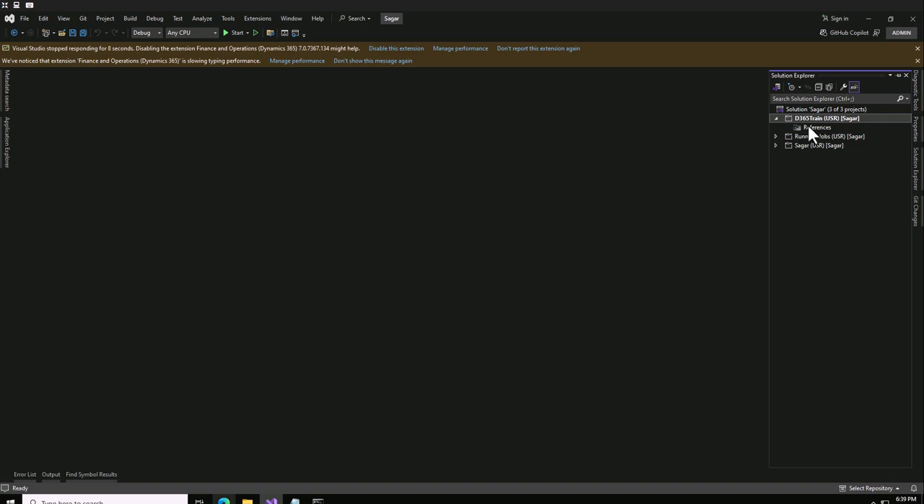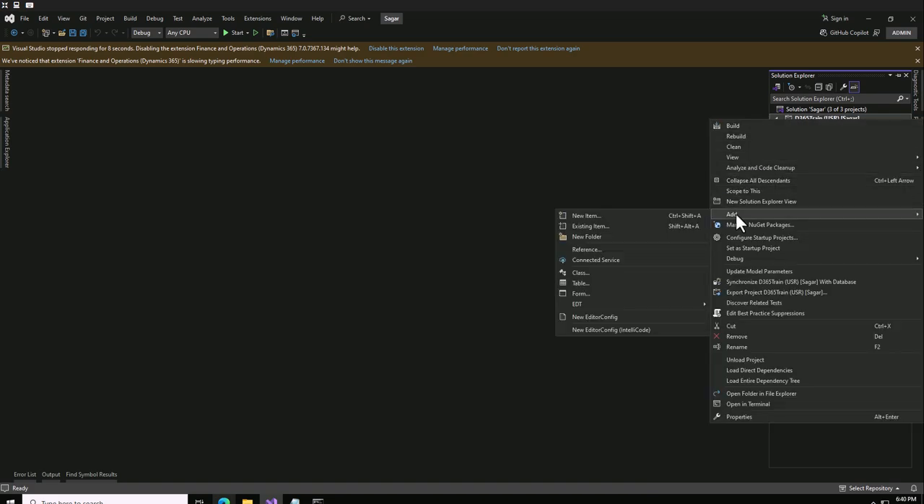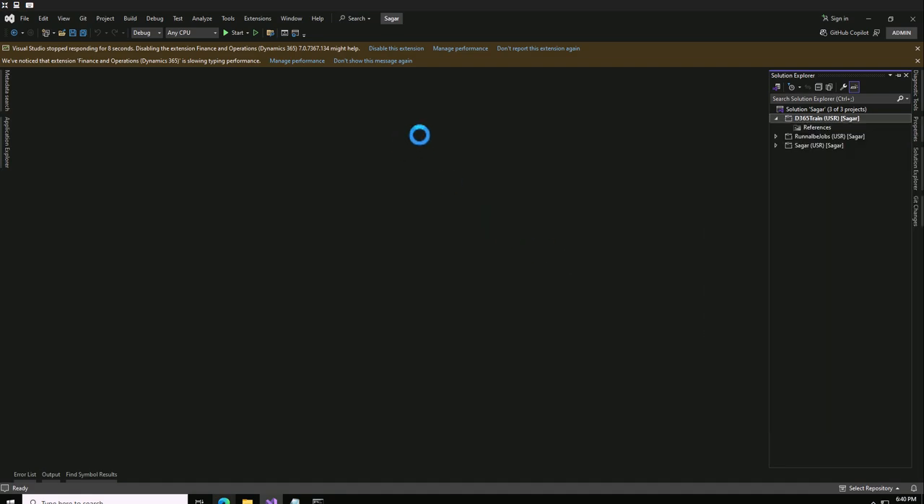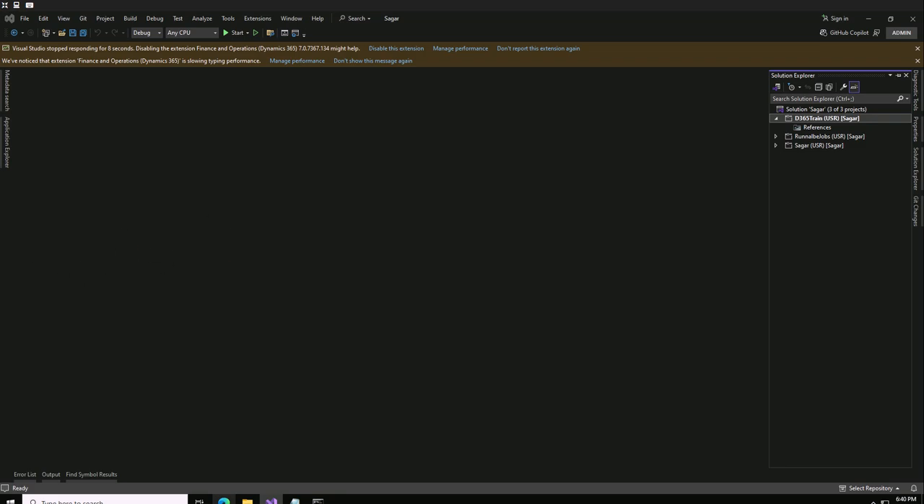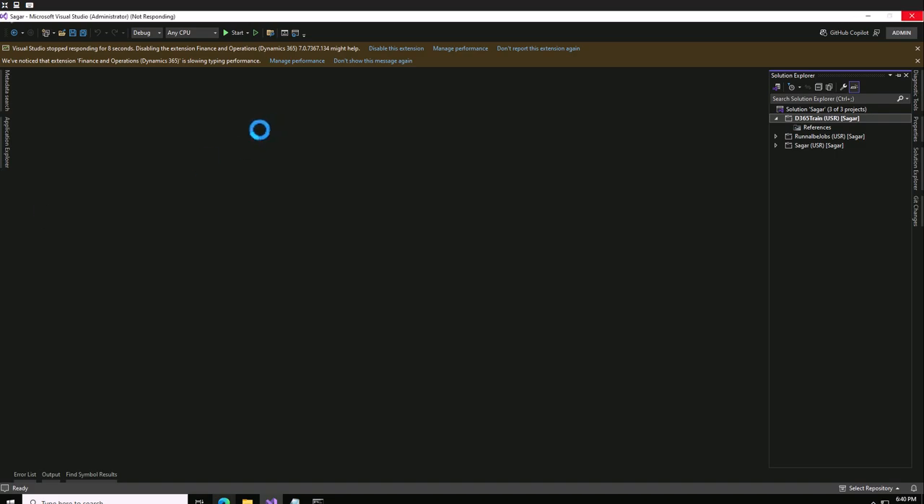So we'll create a runnable class. I'll click on this add button here. We'll go to class, and we'll create a runnable class here. Okay, so what I will do,